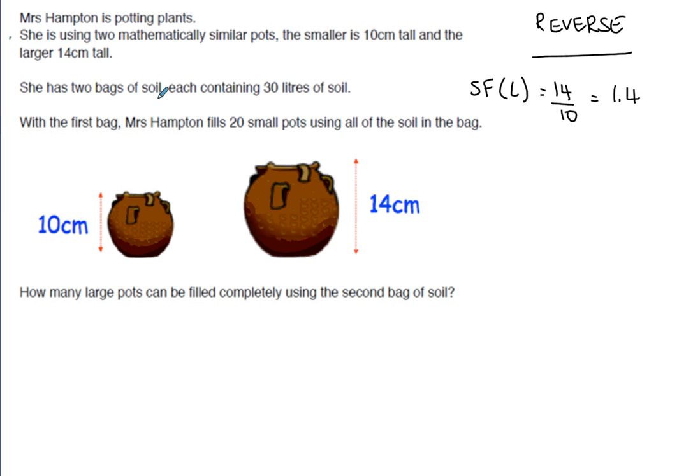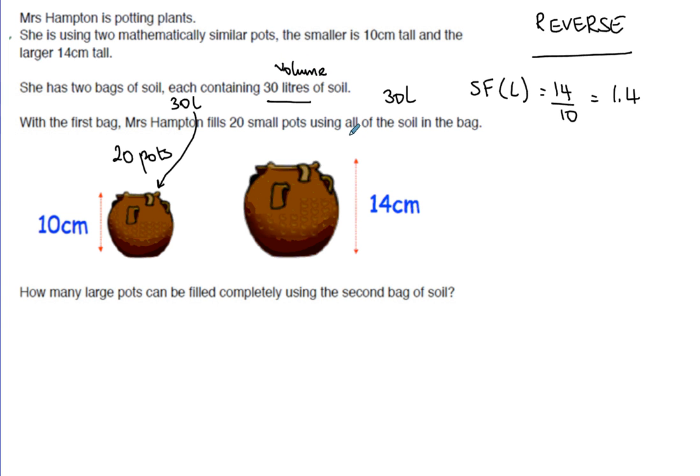She has 2 bags of soil, each containing 30 liters of soil. Okay, so you've got 30 liters there and 30 liters there. With the first bag, Mrs. Hampton fills 20 small pots. Yeah, so she's able to fill 20 pots with the 30 liters of soil. And you can tell this 30 liters would be the volume